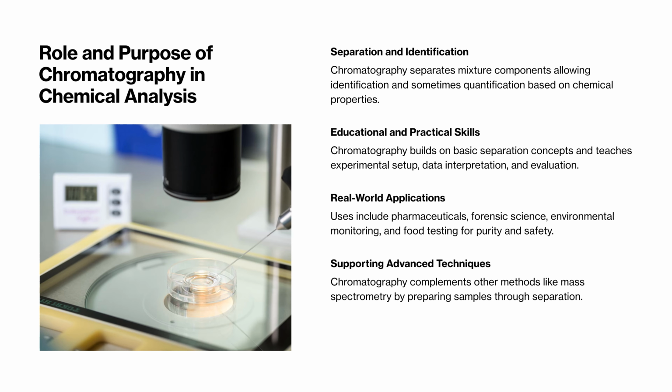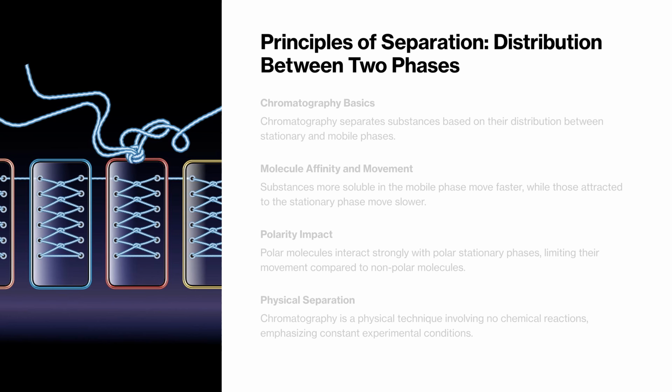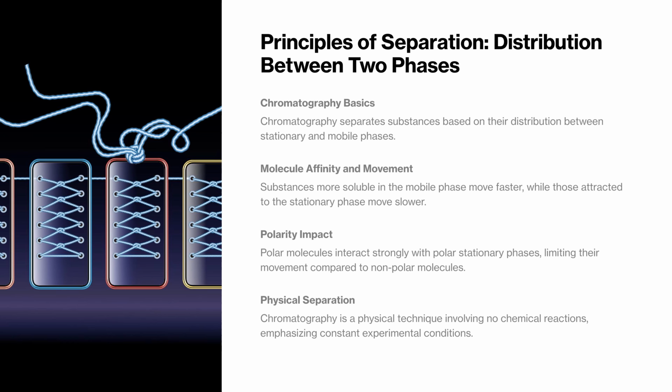In real-world chemistry, chromatography is essential in pharmaceuticals, forensic science, environmental monitoring, and food testing. For example, drug purity testing routinely uses chromatography to confirm that an active ingredient is present and that harmful impurities are absent. The fundamental principle behind all chromatographic techniques is the distribution of substances between two phases, a stationary phase